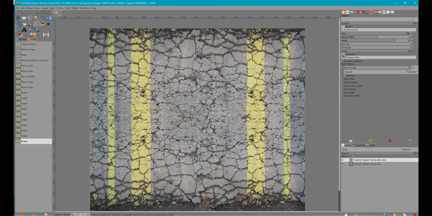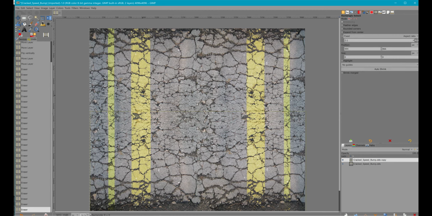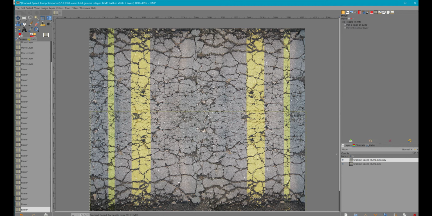Just kind of erase a little bit here and there, just to kind of break that, so it doesn't look like it's such an exact copy of the one above. You know what I mean, where it's connecting, so it doesn't have this exact perfect mirror look to it,